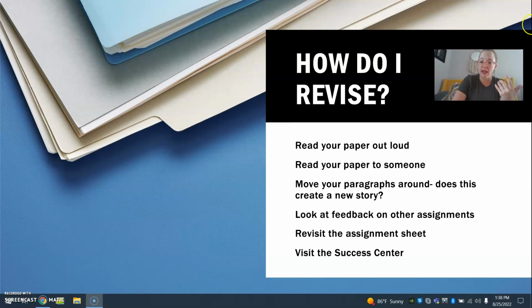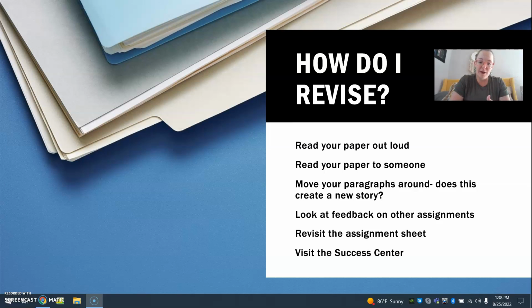If you have writing from a previous English class or essays you've written in the past, go back and look at that feedback. And often the mistakes we make in writing or the things we need to work on are things we will continue to work on for a long time. So chances are someone's given you feedback previously that you might use here.